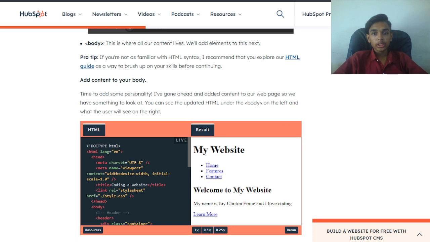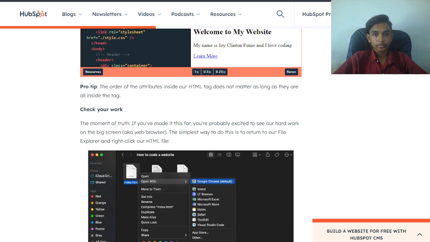You can see the updated HTML under the body on the left and what users will see on the right. Pro tip: the order of the attributes inside of our HTML tags does not matter as long as they are all inside the tag.